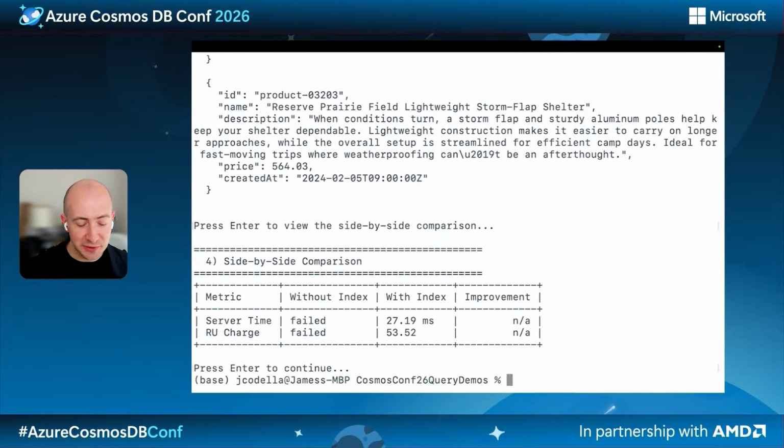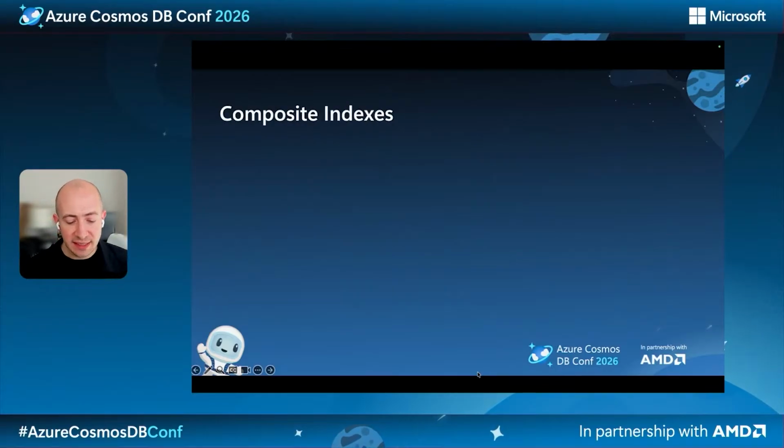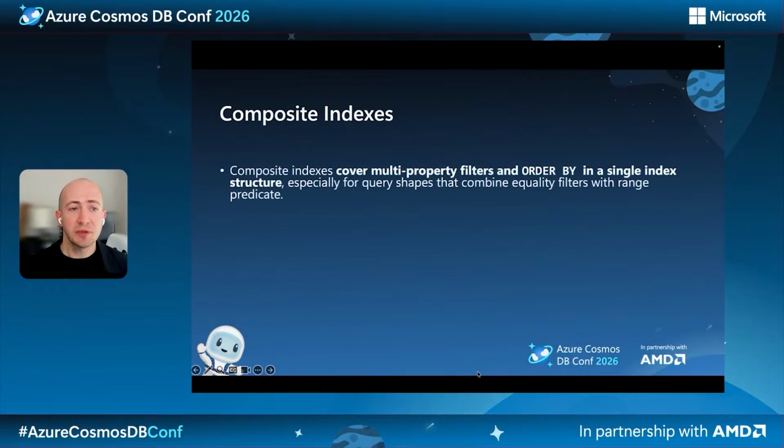All right. So now let's go back to our slides and we'll go to the next scenario, right? So we saw basic query operations with filtering and order by clause. Next, what we'll do is look at composite indexes, right? So composite indexes are really useful when I have